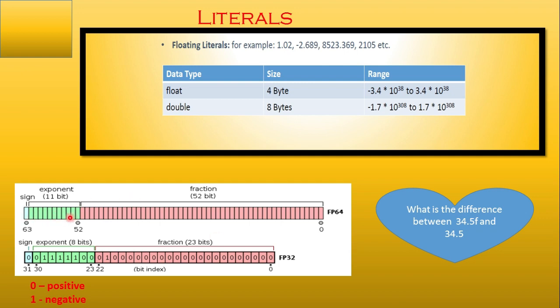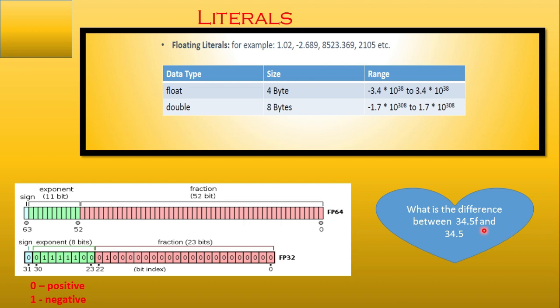Here also, this is the double representation, double data type, where this bit is used for what purpose? Now you are knowing it. Yes, you said it right. This bit is used for keeping the sign of the number. It can be 0 or 1. 0 means positive, 1 means negative. Now 11 bits are used for the exponent, and 52 bits are used for the fraction. So see, there itself you can find the accuracy level of these two. This is more accurate than this one. This is float, this is double.